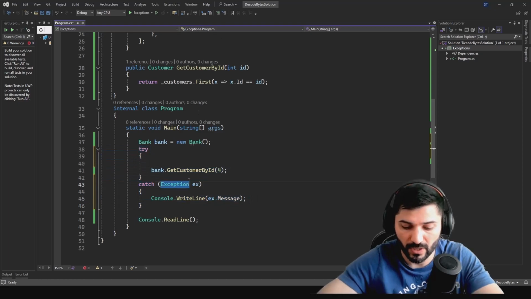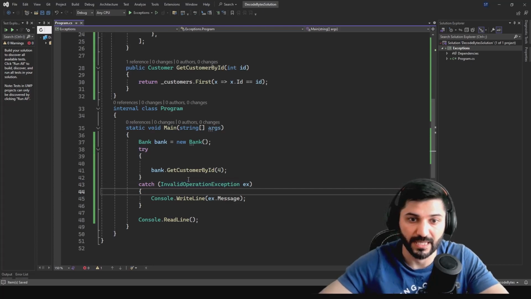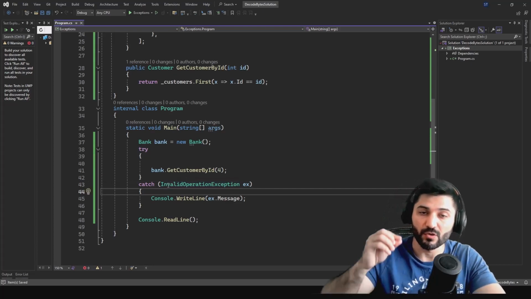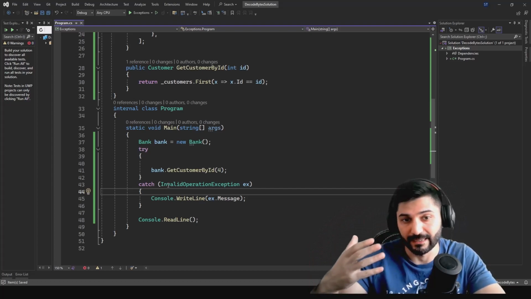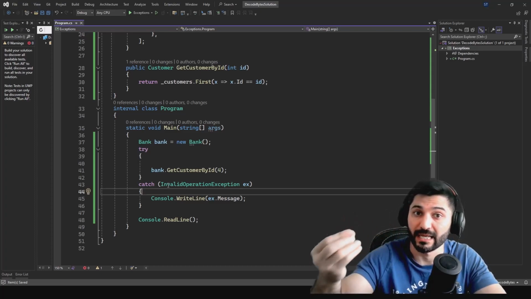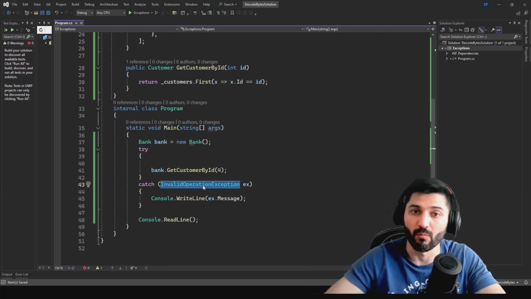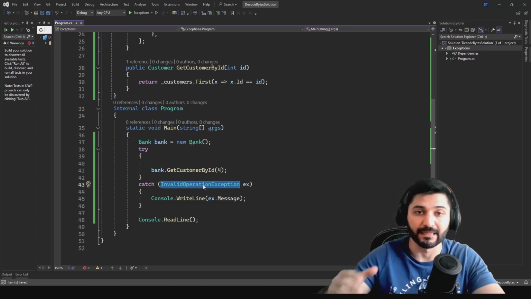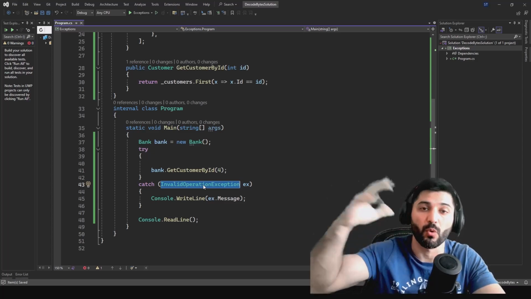So let's provide invalid operation exception. That's good. So in case of using exception in your catch, you should use the exact exception class, because this exception class will provide more information,